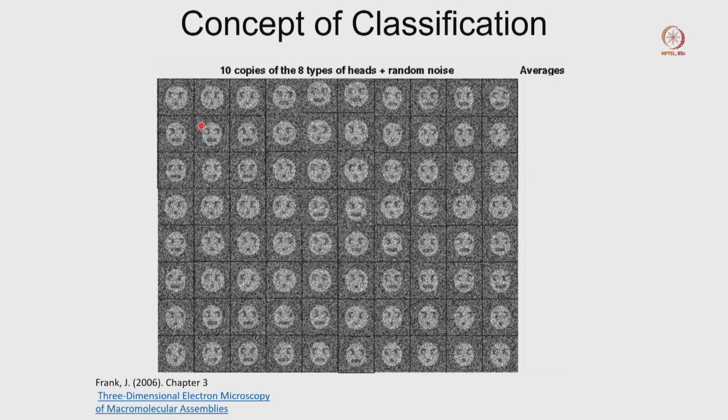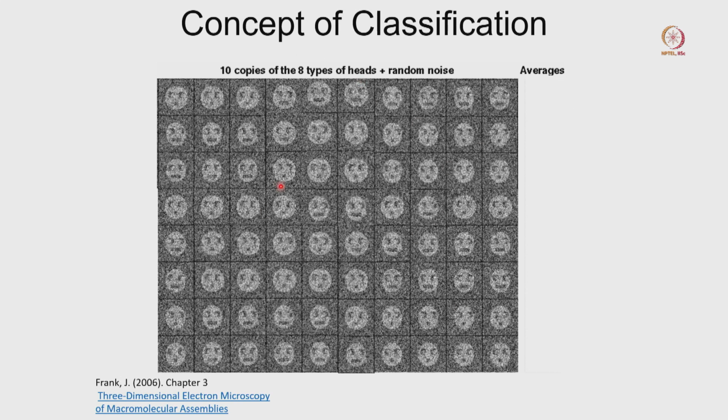Here you can see this is the same head, but these are very noisy images, where we have 10 copies of 8 different types of head and random noise. But here you can see those are not the same, they are mixed up. This is the round head, large mouth, but it is shifted, it is not in the same position. If you follow this, there is a mixture: somewhere there is a large mouth, there is a small mouth, all mixed together. Sometimes the eyes are looking in this direction and some eyes are looking in that direction. So, it is a mix up.